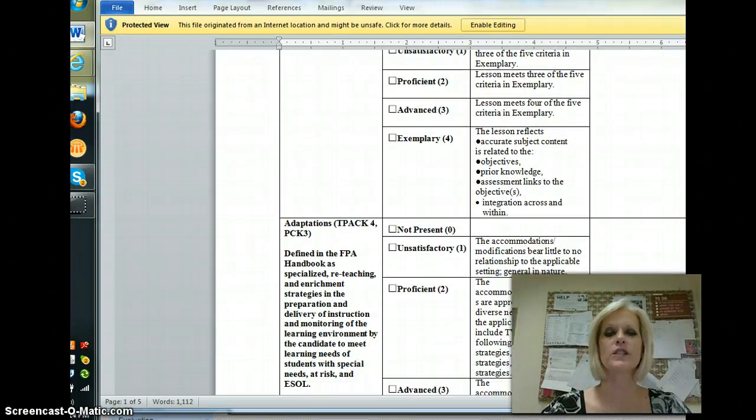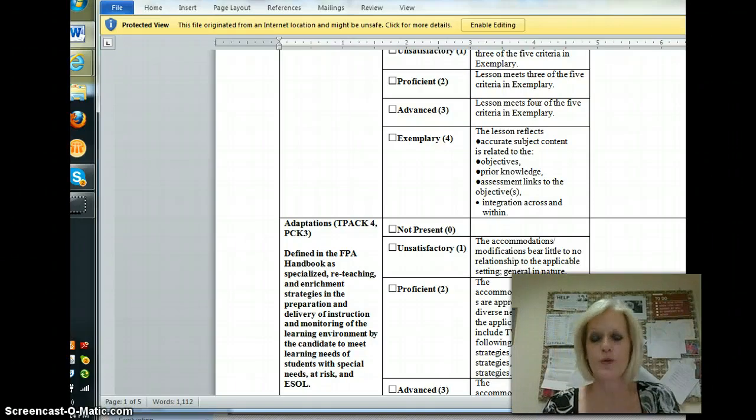Content knowledge, this is so important. It's just really exciting to me when I hear students, candidates say, remember last week when we went to the pumpkin patch, this is what happened. Well, this week we're talking about this concept, and it's tied in, it's connected, and next week we're going to be talking about something else, and it's all going to be, you know, flowing in one big picture.